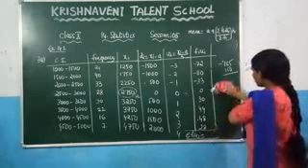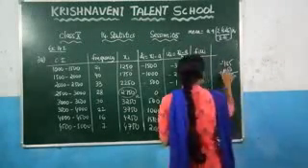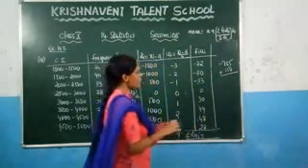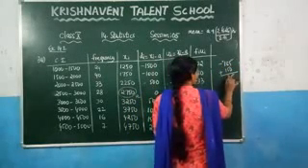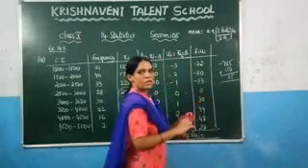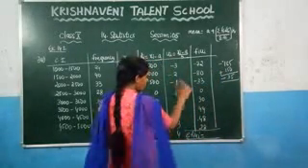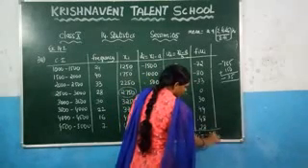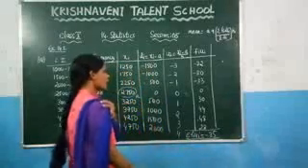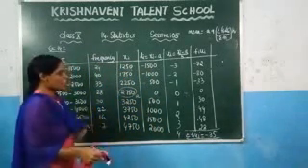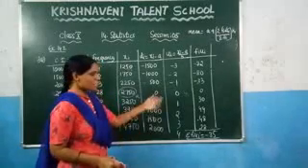Now you can observe that one is positive and one is negative. If one is positive and one is negative, you need to subtract those values. So subtract it, what you will get? 5 minus 0 which gives you 5. 8 minus 5 which gives you 3. For the bigger number, which symbol is there? Minus. So you need to keep it here minus. So we got this value as minus 35. Like that you need to add. Just add all the positive values and add all the negative values, and after that based on the operations you can subtract those values.